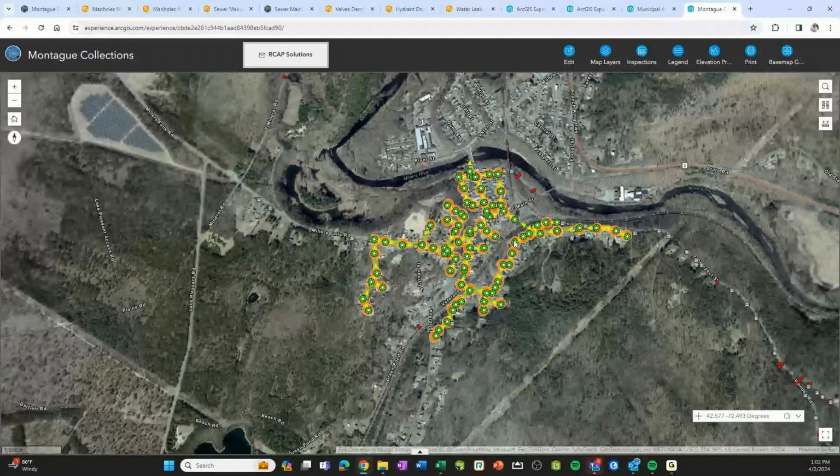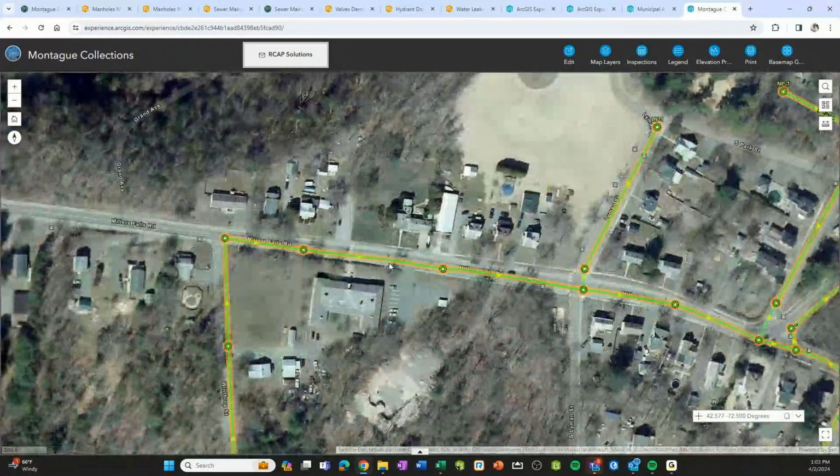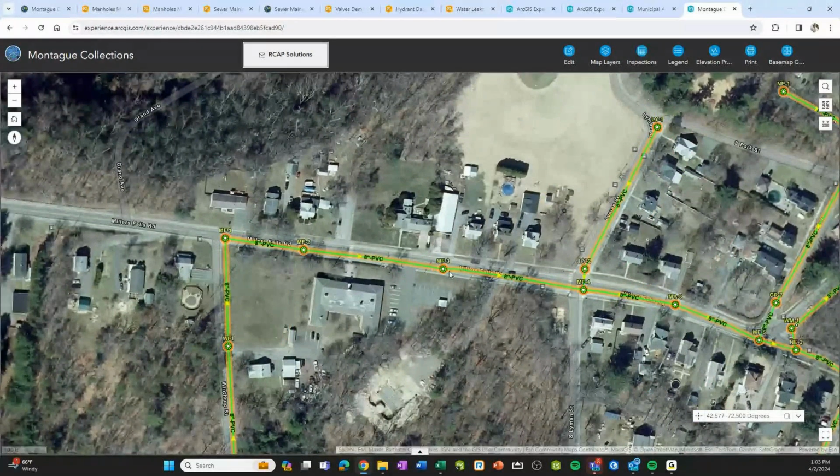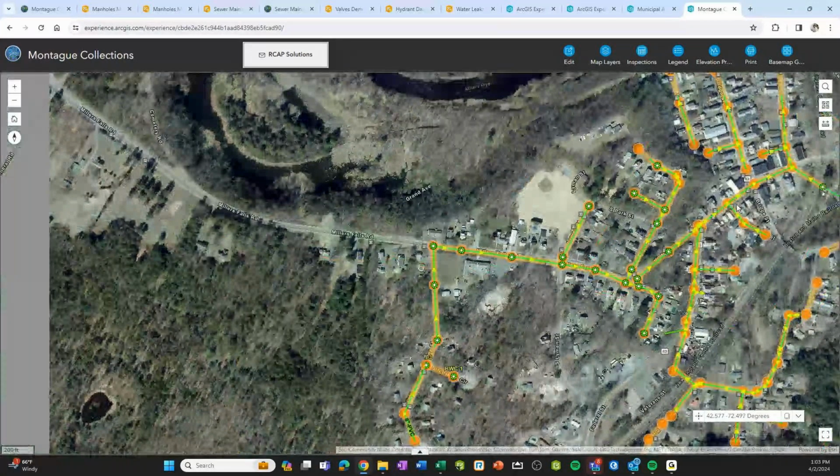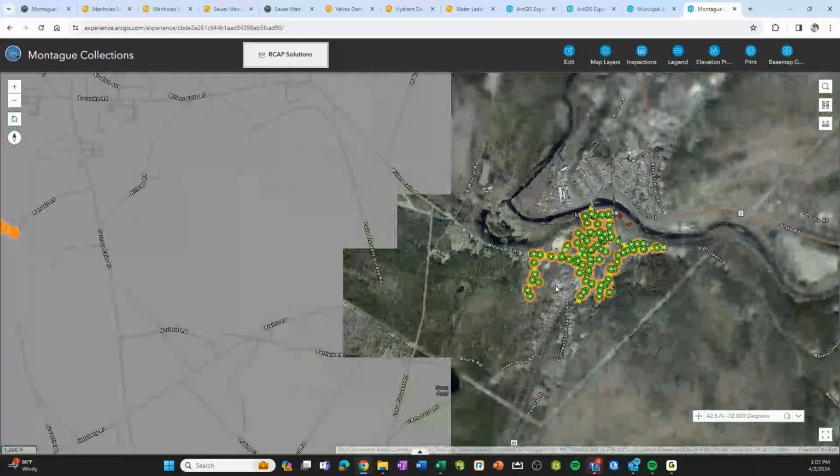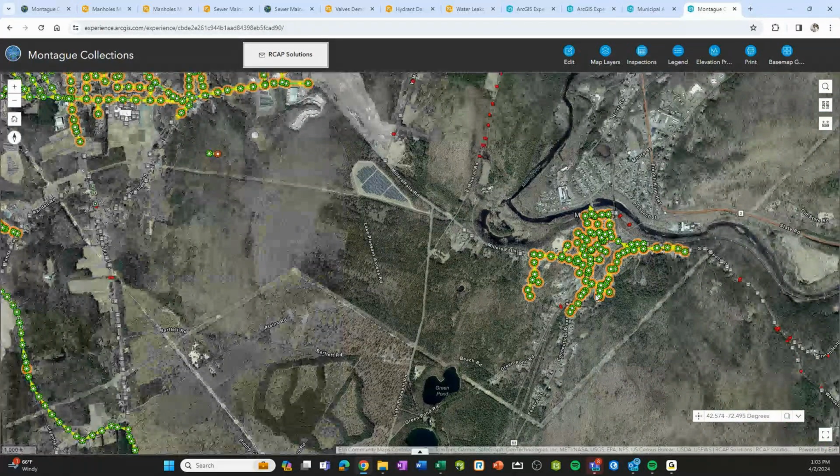As we zoom in further, we have the gravity mains that we can trace and follow with the arrow directions. This orange halo around everything in this section are all the manholes and mains that they've